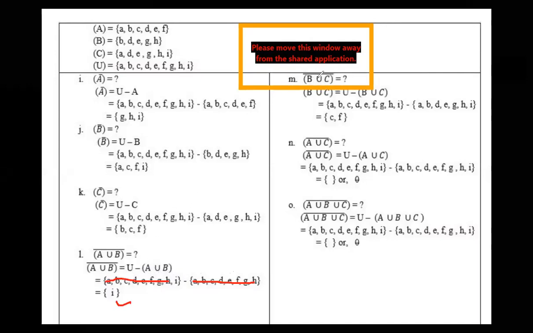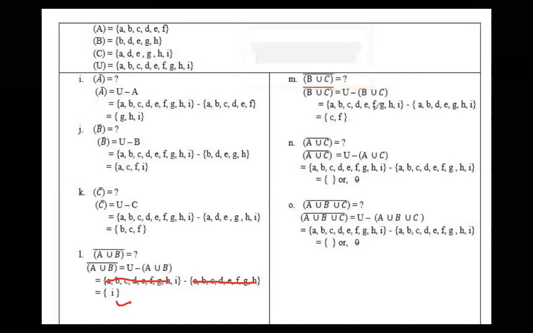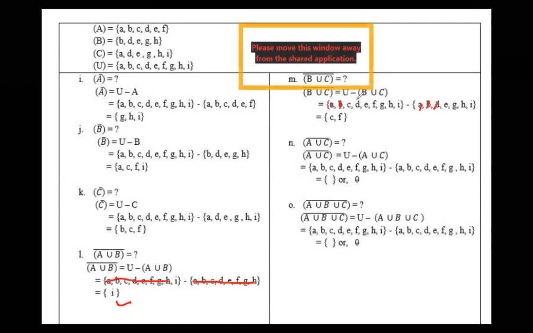Okay, so similarly, B union C whole complement. You can see the value of B union C in the previous question. Already copy what is the value. So B union C means it is A, B, D, E, G, F, I. The universal set, I have already told you, time and again. So A is common, B is common, D is common, E is common, G is also common, and H and I are also common. So what are the remaining numbers now? C and F are remaining. C and F, this is our answer.